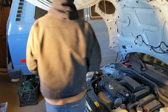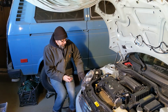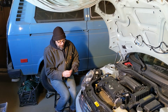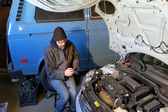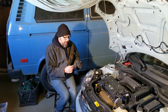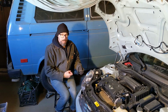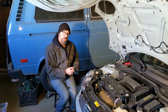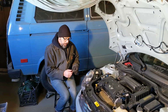All right, so I'm about a minute into this and I already hit my first problem. The outside one that I was warned could be a problem was a problem. This bolt threads into a little brass fitting that's just pressed into a plastic collar. The brass has fused itself to the bolt, so it just sits in there and spins and spins. The secret, apparently from what I've seen, is that you put your gun on it and just keep backing it out and letting it spin until it's hot enough that it eventually just pulls out through the plastic. It is now broken, but it was broken before too,